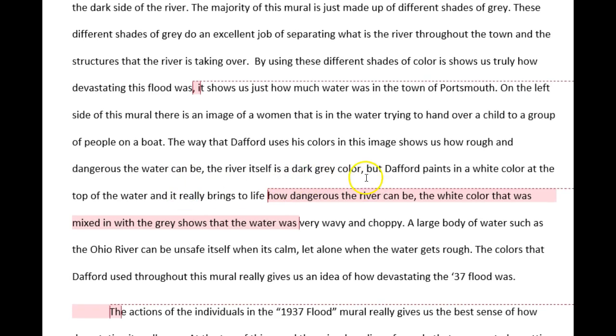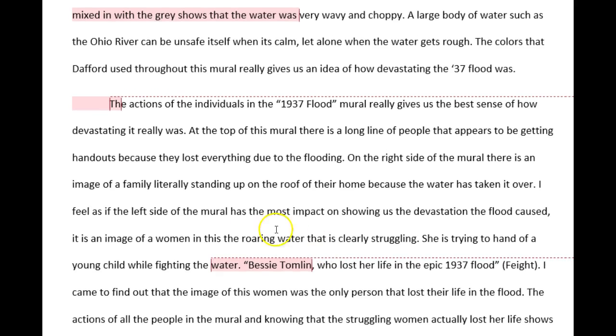Here I thought you actually did a really solid job using good details, the white colors and the grays. I thought that's really good stuff here. And here's another paragraph where I had a difficult time understanding why I was going from this paragraph here to this paragraph here. So for me, the two big issues for you to improve upon in this draft are